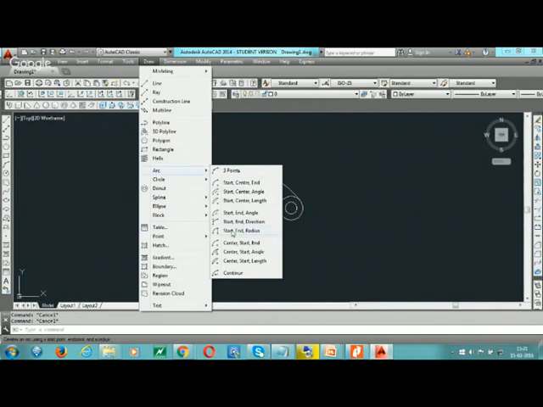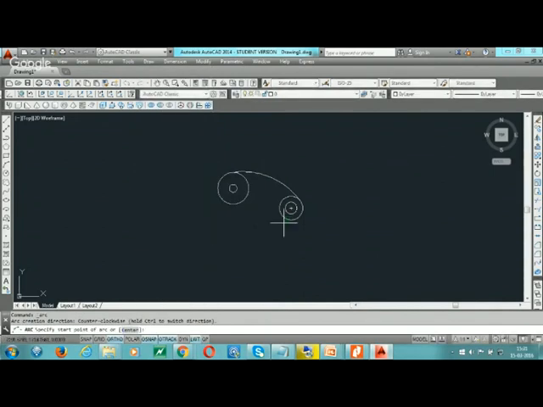or start end. Write tan, again write tan,